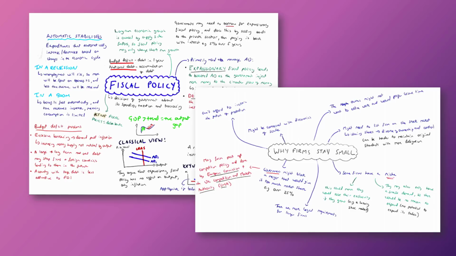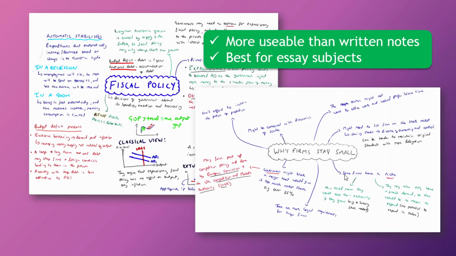But at A-level I did my maps, so I kind of just did different colours with the textbook. I would just take bits of information, maybe this was from a video possibly I watched on economics, and did a few notes. This is a big topic and this is just a single subtopic, which is maybe more appropriate. So these are useful, and I definitely think they're more usable than written notes.